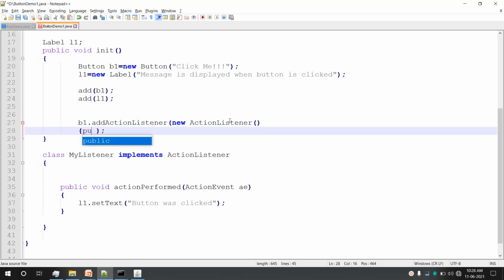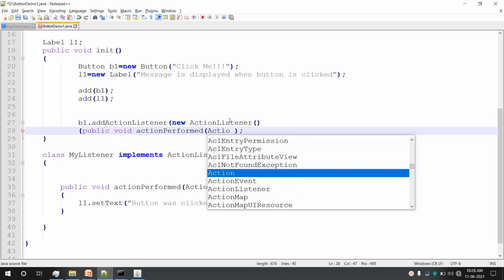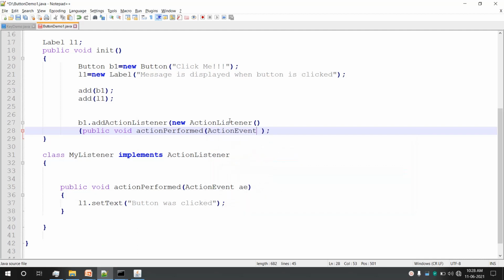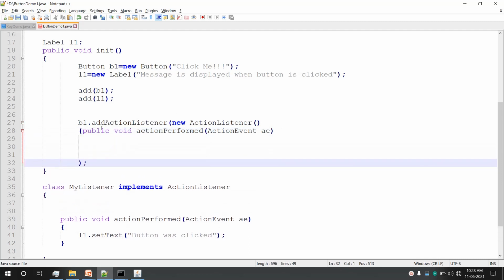The method is the one declared in action listener, that is public void action performed, and it takes an action event, the argument I'll say AE.